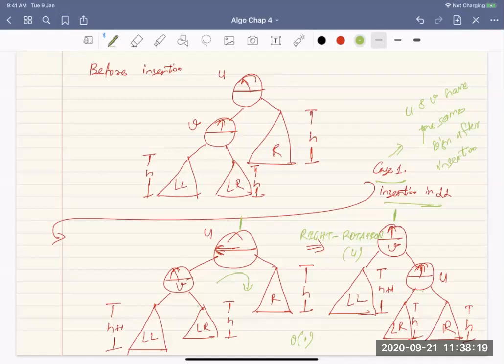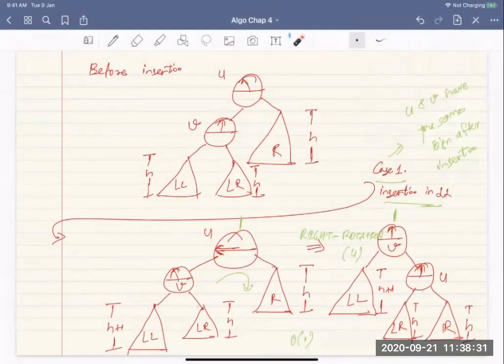And when did that happen? That happens when you are doing this insertion in the left subtree. So this height increased by 1, h plus 1, the other one remained h. So this is what we said was case one.